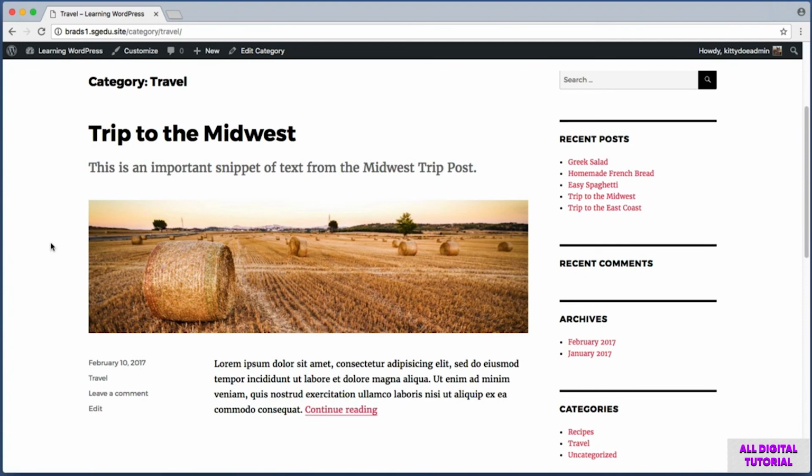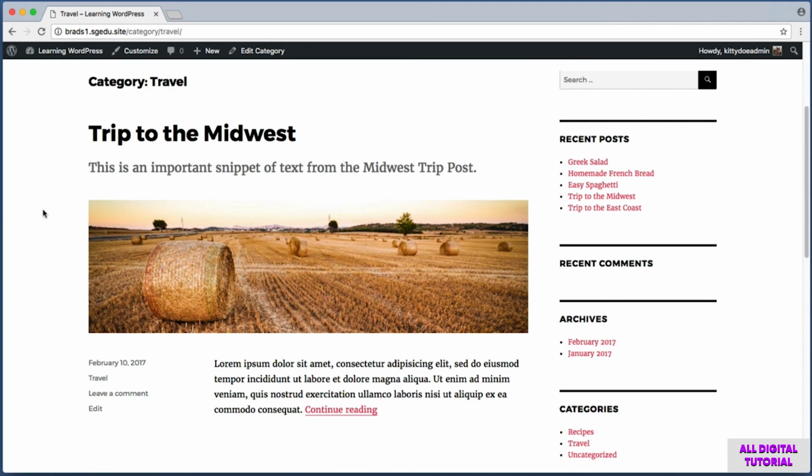So I know it's a bit tricky to wrap your head around what the excerpt really is, because it's different in every theme, but in general, the excerpt field is your chance to provide a catchy, important part of the post, to catch people's eye, to get their attention, or to summarize the post in an interesting fashion.